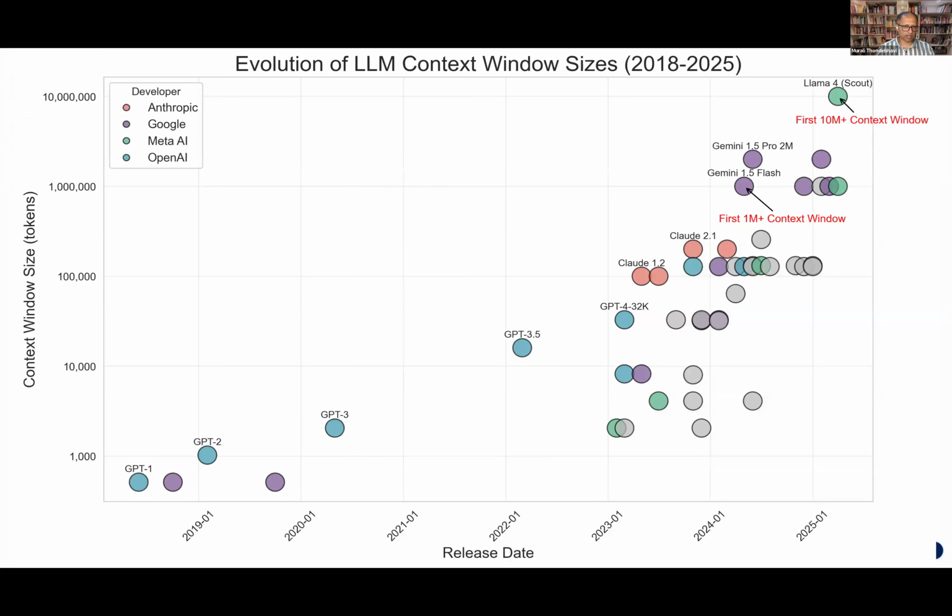If you see how things are actually improving, you can see that's an exponential curve, right? In 2019, they had GPT-1, as Dr. Divesh was mentioning, that was a landmark paper, Attention Is All You Need, from the Google team. And then GPT-1, GPT-2, GPT-3, and these are called transformers, right? Then in 2022, GPT-3.5 came out, and there is an explosion. Right now, we have Llama 4, which has a context window of 10 million plus tokens. So you can put the entire works of Shakespeare in one context window. That is where we're reaching. The size of these context windows is increasing.